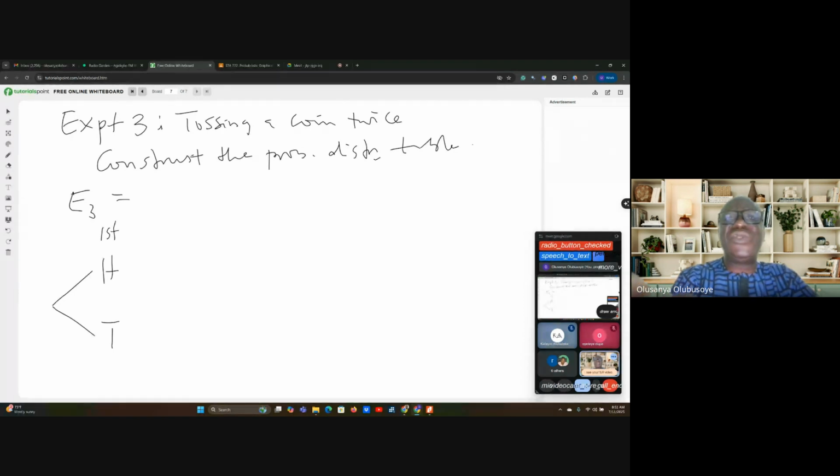Then the second time, if you throw it, you will have a head or tail, whether the first was head or the first was tail. So this is the second